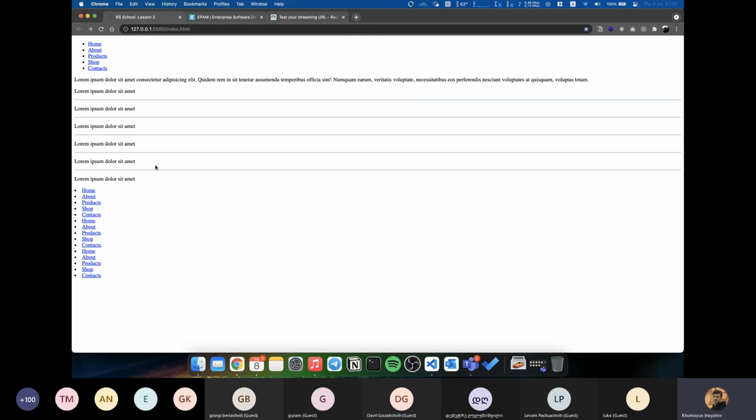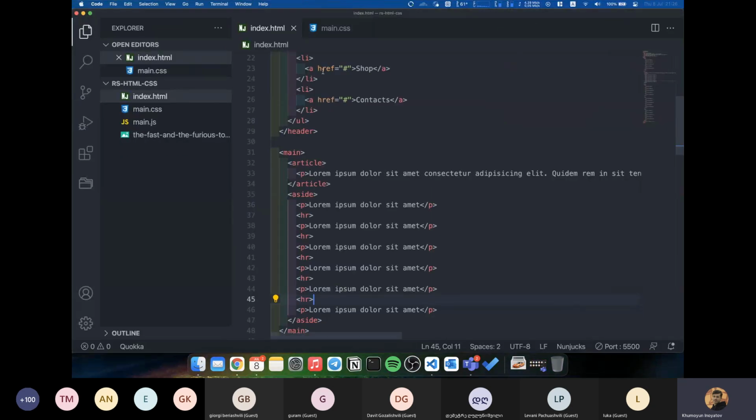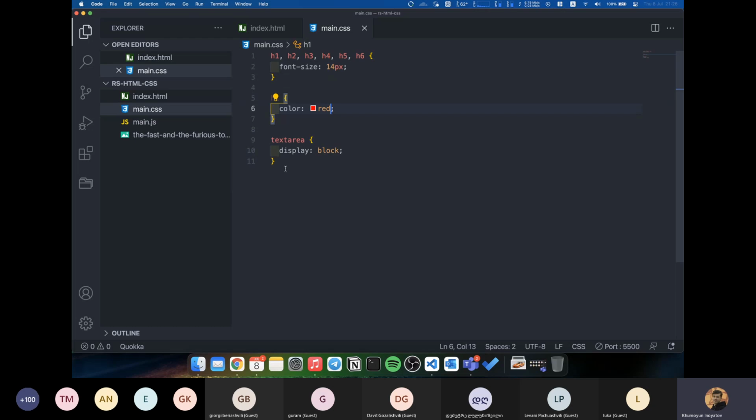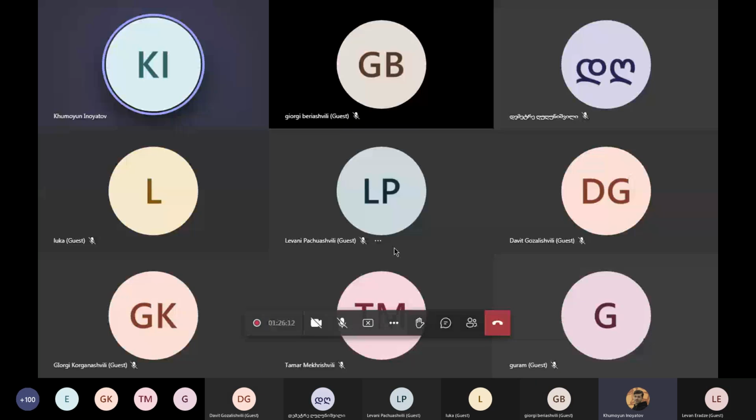Here is our web page, and it appears that there are no styles or CSS, and we will make it look more beautiful with our cascading style sheets. For example, we will make our header look in a different color. Header, for example,